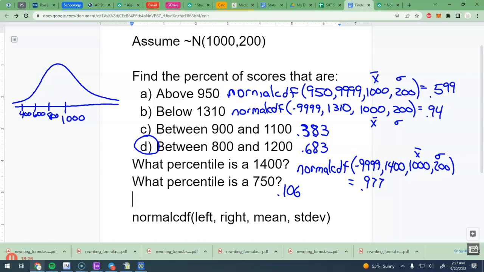So if they give you the percents, can you use normal CDF? No. When do you use normal CDF? When you're finding the percent. No, you